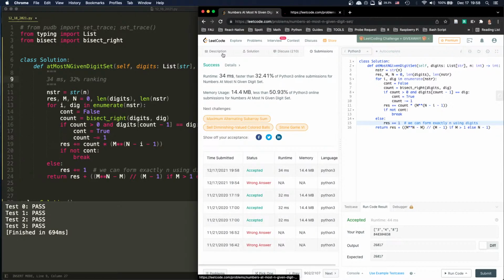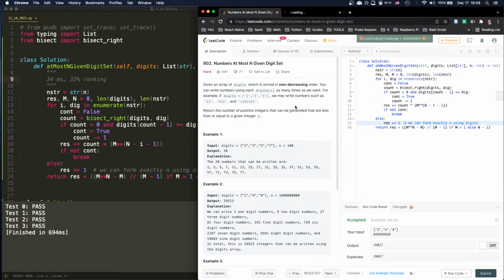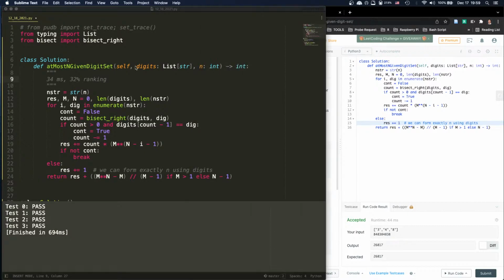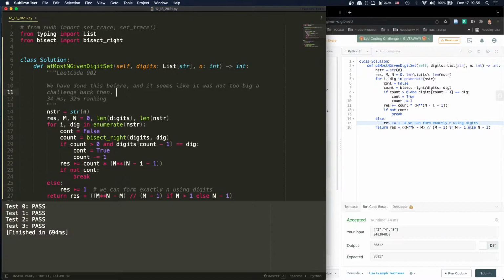Whew. So old question again, but I like this one. I like this one. 902. All right, so this is 902. Well, we have done this before, and it seems like it was not too big a challenge back then. So the idea is the insight. I like to say insight. The insight is that